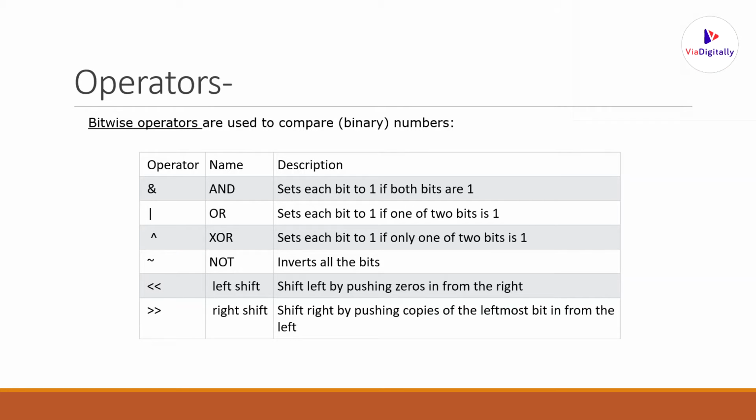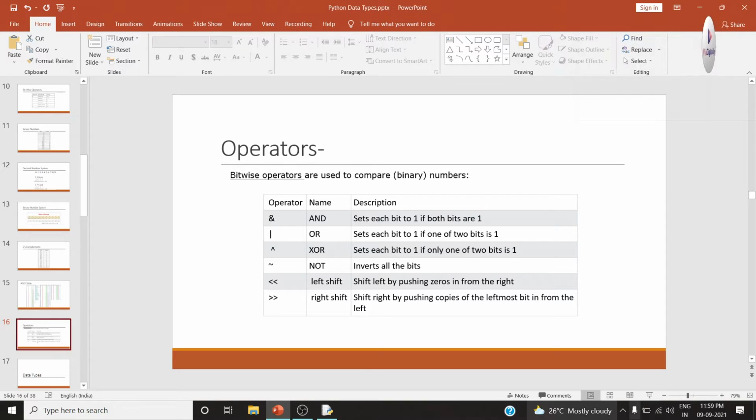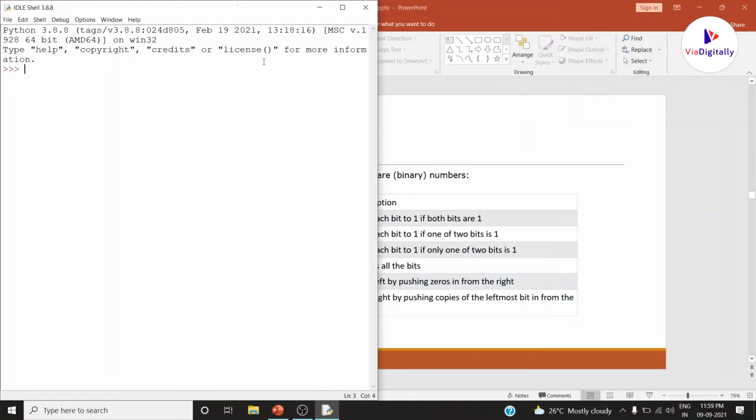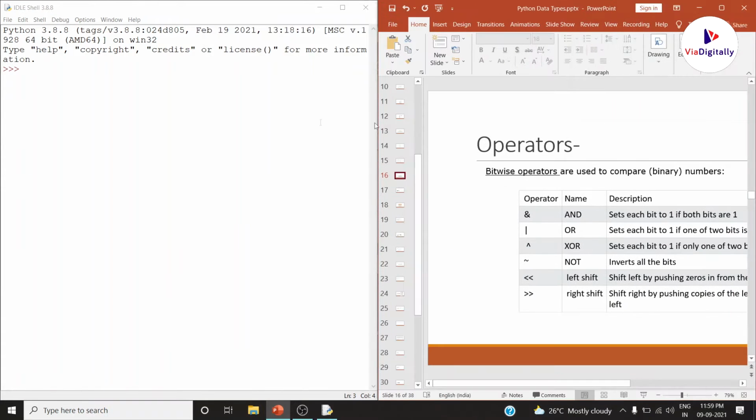See here, there are 6 types of bitwise operators: bitwise AND, bitwise OR, bitwise XOR, bitwise NOT, left shift and right shift. These perform logical operations between the bits of the given inputs, and the shifts move the bits either to the left side or to the right side. Let us take examples and understand clearly what happens with each bitwise operator.